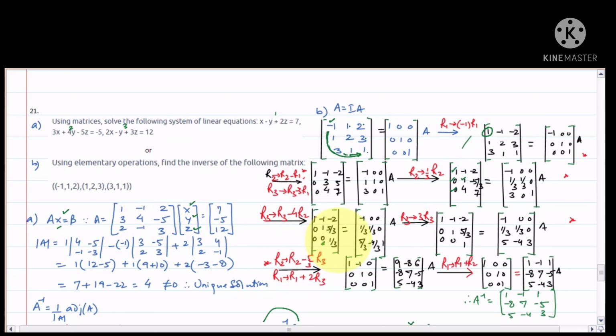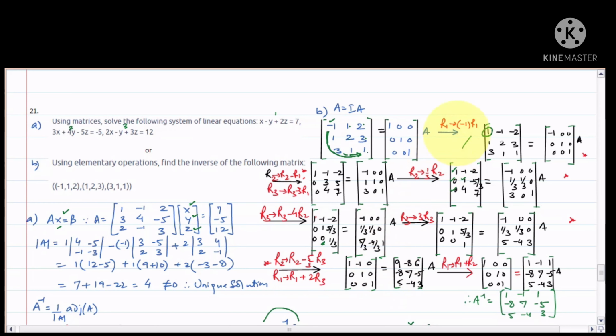Now we are left with 1 by 3, 5 by 3, minus 2 and minus 1. So going for the operations as R3 converted to 3R3. Then all these row operations are to change R2 to R2 minus 5 by 3 R3, and R1 to R1 plus 2 R3, because my aim is to convert this to an identity matrix by going in a particular order. So this is the order that we generally take, right? If we are going for row operations, you can go for column operations also.